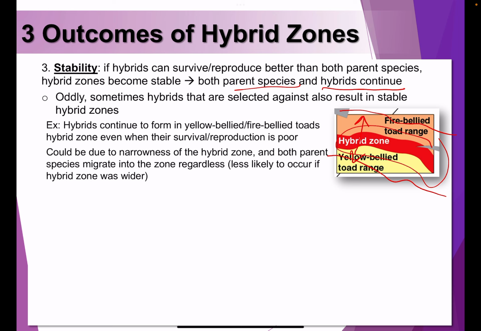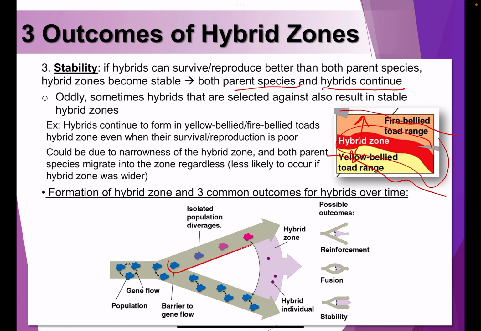So they explain this in terms of how narrow that hybrid zone is, and the toads will just jump into that hybrid zone because of how small this area is. Hence, we have to discuss how hybrid zones are formed and what the three common outcomes for those hybrid zones are over time. First, let me explain this beautiful picture here, the concept of how speciation happens with